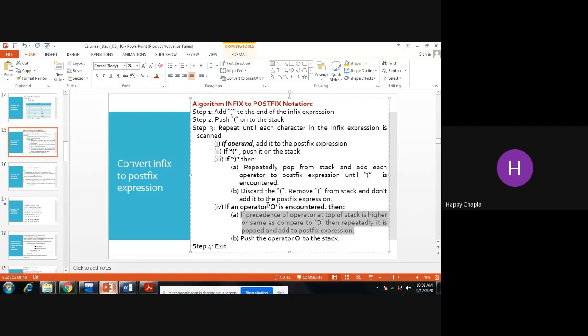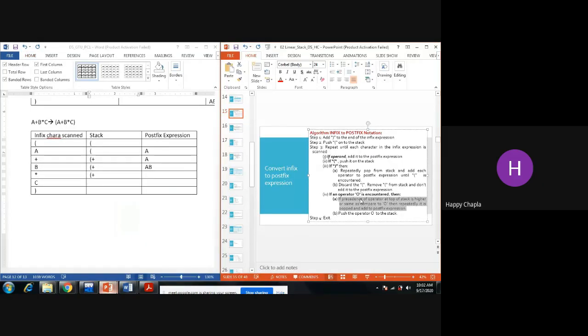If the precedence of the operator at the top of the stack is higher, this is my top of the stack, then we pop. Is plus's precedence higher than my star? No, then we simply push our star into the stack.